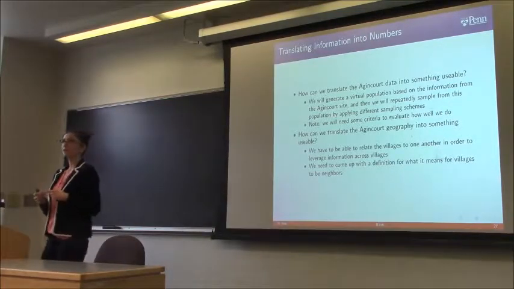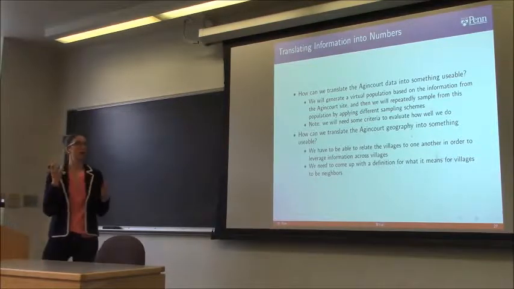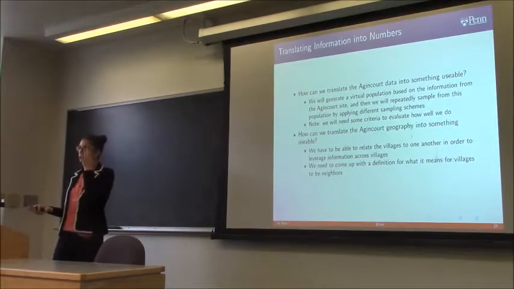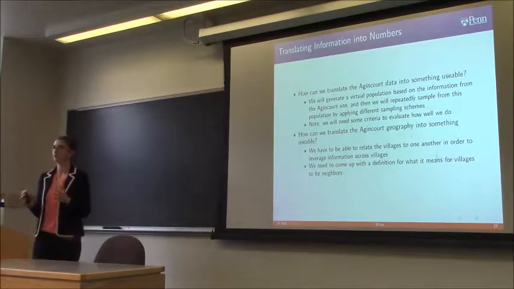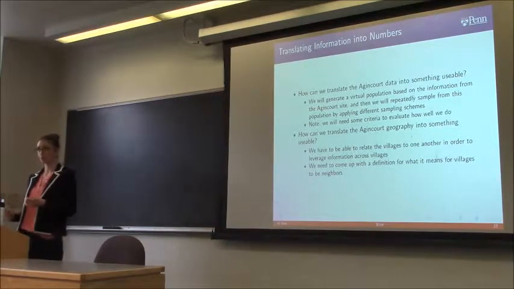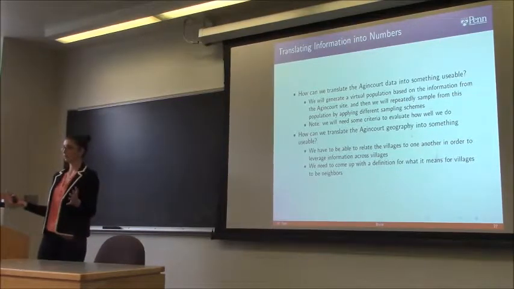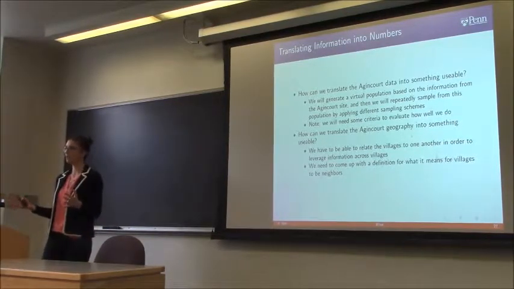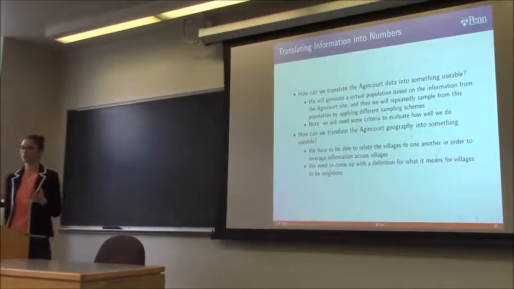So what that means is that I will take different probabilities of death, your age and sex breakdown of your children, and I'm going to generate a virtual population based on this information where I know the truth and I control the truth. And then I'll repeatedly sample from this virtual population in order to test out my proposed approach.